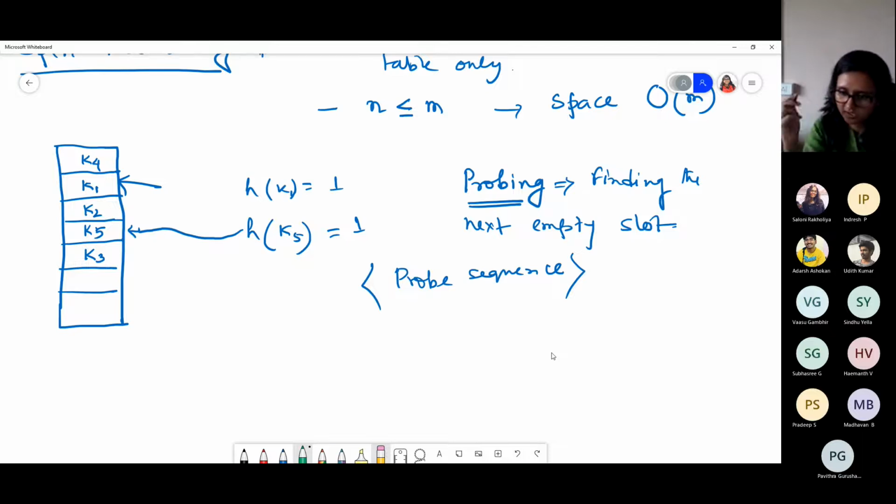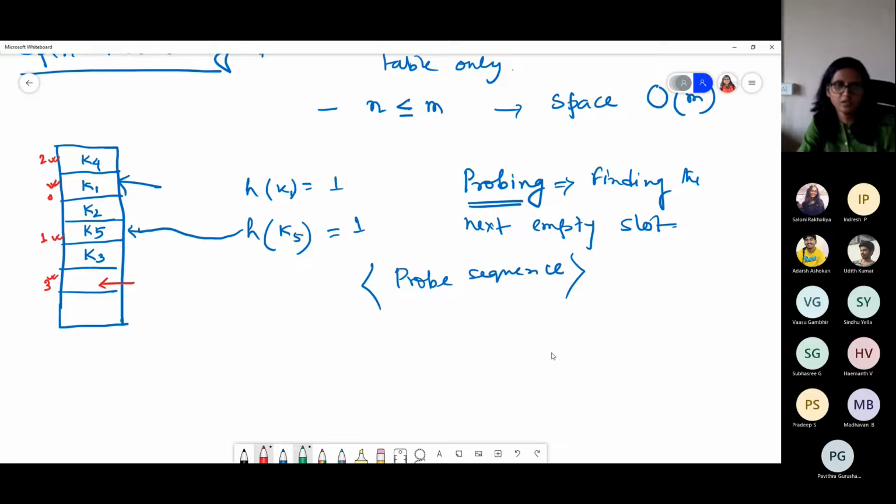And the sequence, that is, suppose first I am trying this slot, then I am trying this slot, then I am trying say this slot. After that I got this slot and it is empty, and now I can store here. So in the probe sequence, this will be the 0th probe, then this one is 1, then this is 2, this is 3. So at the 4th time we may get the empty slot. So the probe sequence will be all these tries.